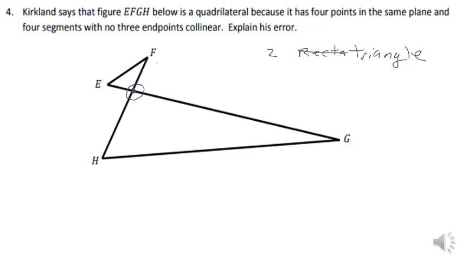Because as you can see, EF and this unknown point would be one triangle. H, the unknown, and G would be another one. So even though they've used 4 line segments, that intersecting point right here creates a vertex, which would be another point. So we would actually have